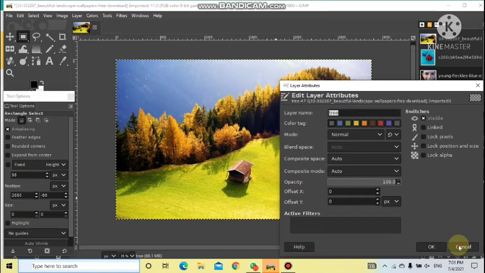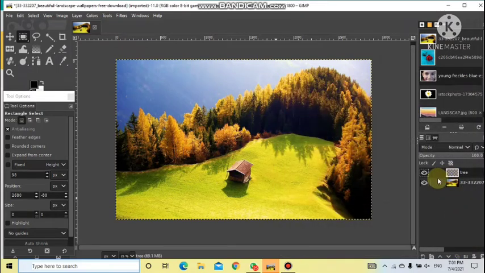Now, if you want to draw anything on this, first, in your book you must underline that line where a background layer is created by default when you create a new image. Now how to hide and unhide: you can see this eye icon before every layer. If this eye icon is there, it means the layer is not hidden. If you click on this, now it is hidden, it's not visible. The same button is used for hiding and unhiding.